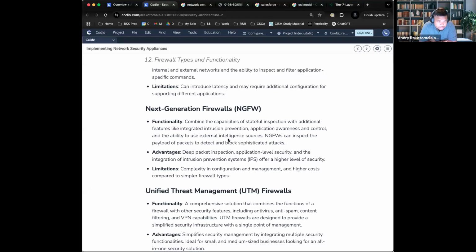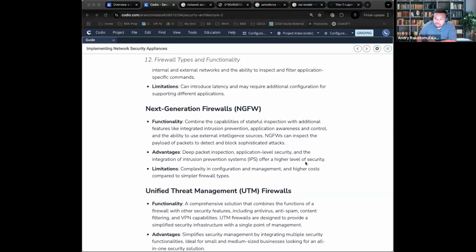That being said, as you can imagine, just like how stateful inspection firewalls take a lot of resources, so do next gen firewalls. They tend to be expensive and they tend to take up resources, as well as the fact that you do need very knowledgeable professionals to be able to configure and work with them. Okay? So that's why there's a level of complexity there.